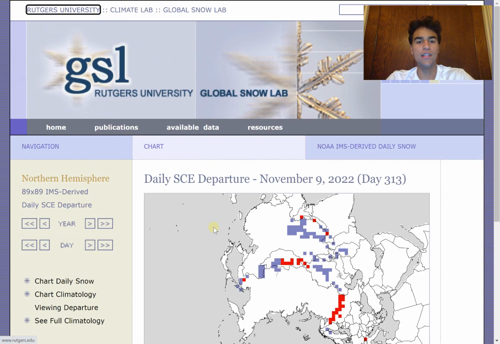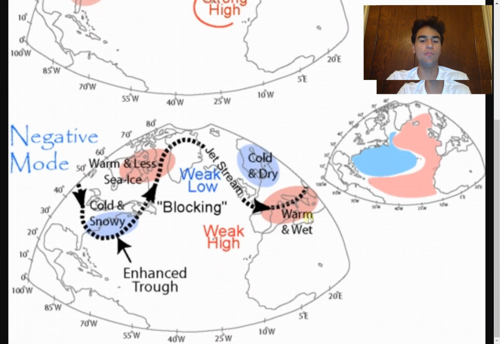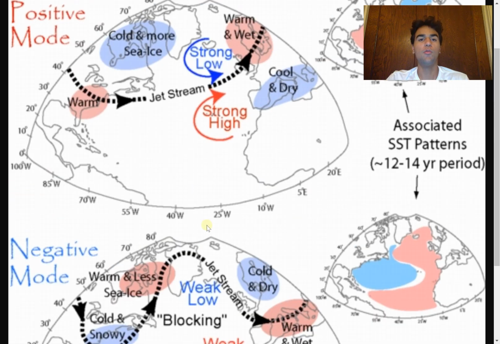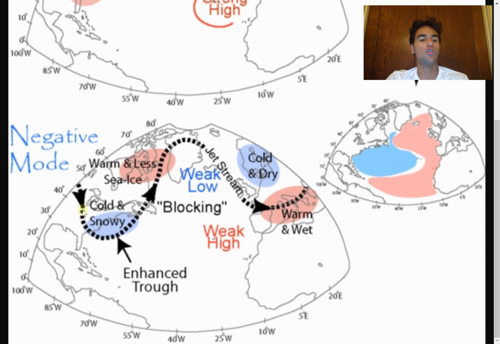Now, the next thing we're going to need to take a look at in the United States will be the North Atlantic Oscillation. And typically when there's a weaker polar vortex, we're more likely to see the jet stream dip a lot further southward, and we're more likely to see a negative North Atlantic Oscillation. As you can see, during a negative North Atlantic Oscillation, we see more enhanced jet stream dips, bringing that cold into the United States, as well as more snowy than average conditions, which of course will enhance the chance you're going to experience more snowstorms than average for much of the northern United States.